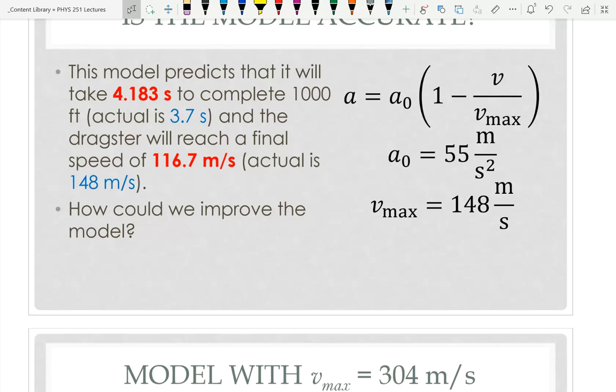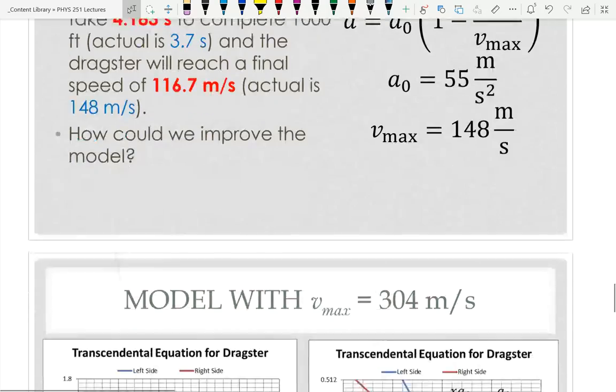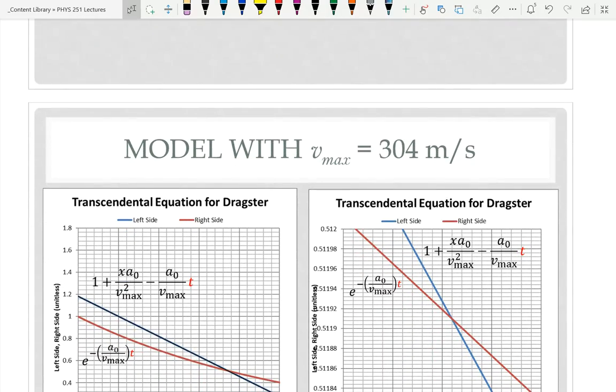Well, you have second squared versus second. No. Wouldn't it be the maximum speed? The maximum speed is definitely wrong. What I put in for maximum speed was the speed it has at the end of the race, not its maximum speed. If it kept going for another 1,000 feet, it'd be going faster. So I actually used a fit. And if I put the maximum speed as 304 meters per second,